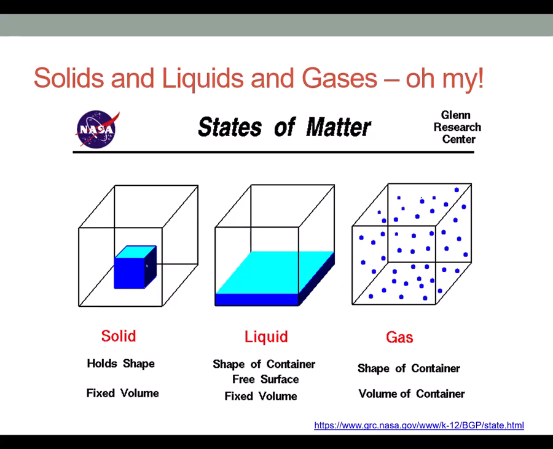So a solid is a state of matter where it has a definite defined shape and a definite defined volume. The liquid phase doesn't have the defined shape. It takes the shape of whatever container that it happens to be in, but it does have a fixed volume, right? I could take the same amount of liquid and pour it into another container and it would be the